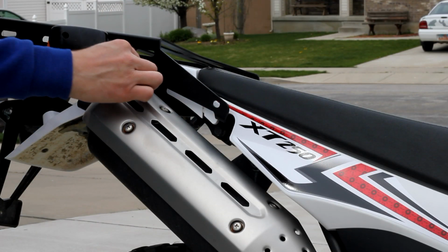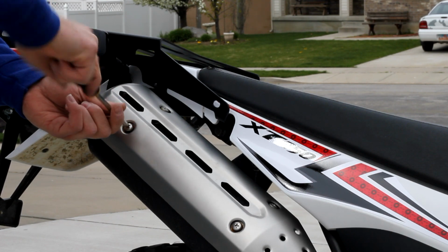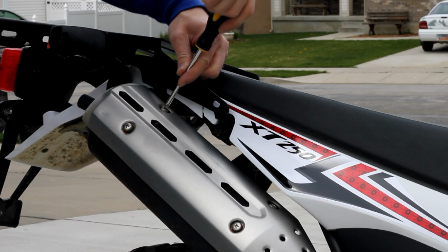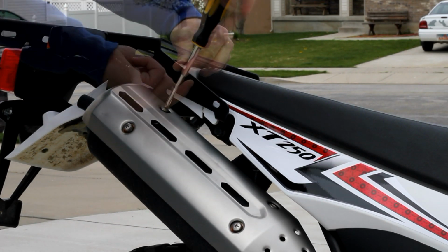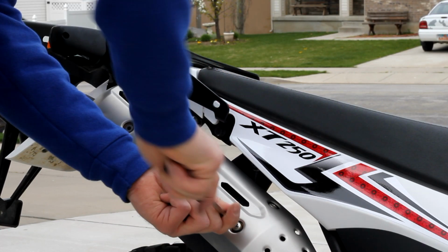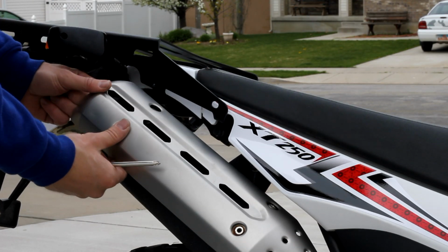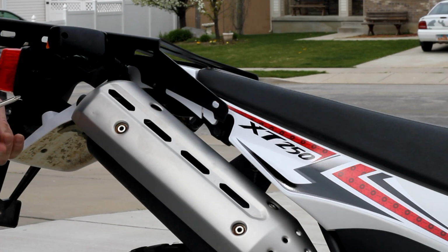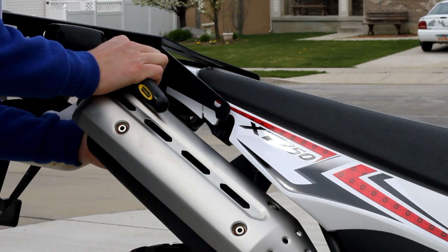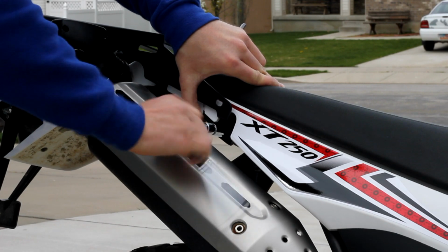In order to get the bolt on the back part of this muffler side, you're going to want to unscrew the protective cover on the muffler itself in order to give you enough room to get the bolt through and then to tighten it. Once you got those removed, you can then slide the muffler guard over, slide the spacer, and then thread it through the bolt. To tighten it up, once again, take your socket, tighten the front,